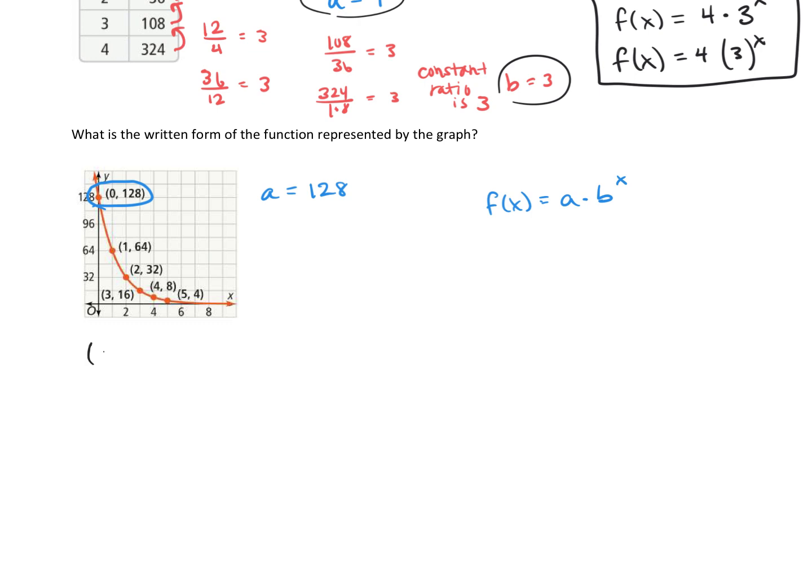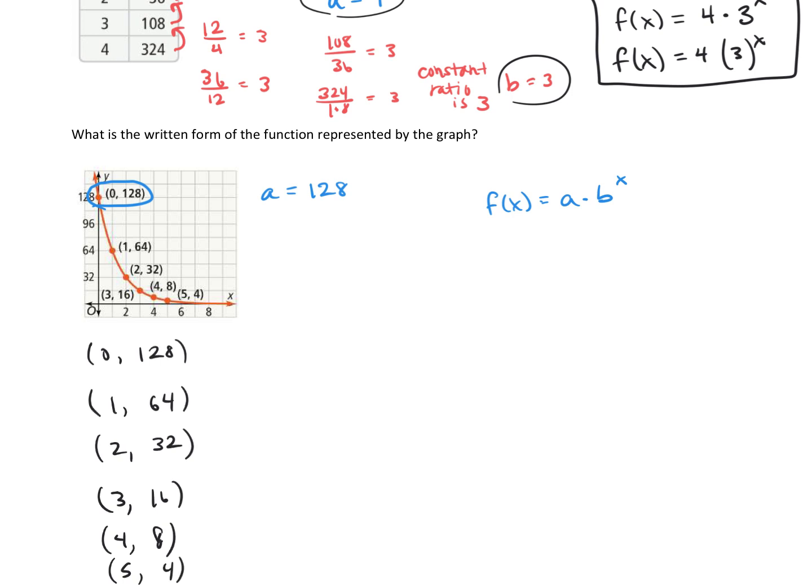So we have 0, 128. We have 1, 64, 2, 32, 3, 16, 4, 8, and then I think we have one more, 5, 4. So let's check that division. 64 divided by 128. Well, it doesn't divide by 128 because it's too big, but that does reduce to a